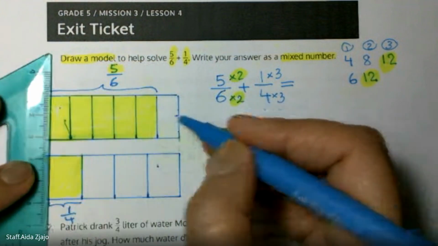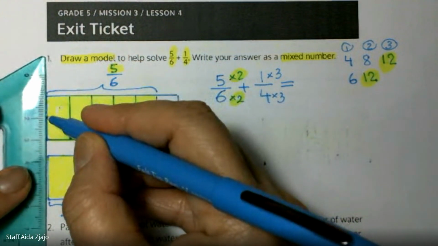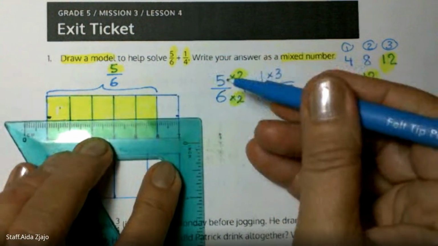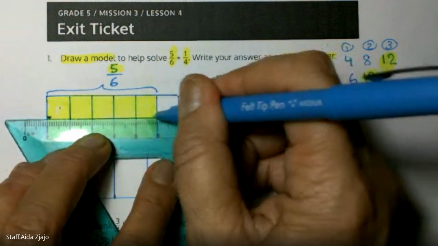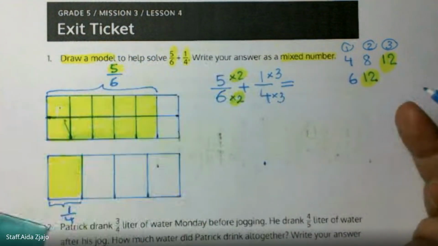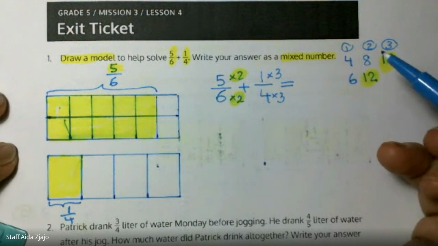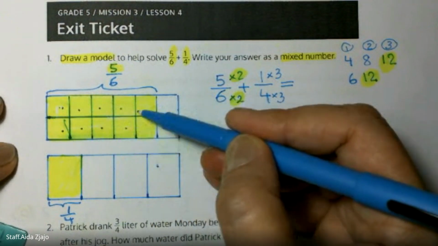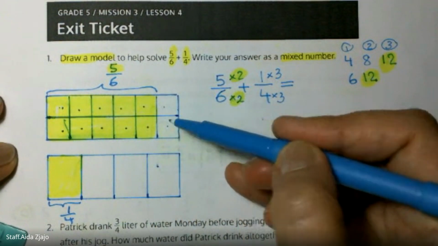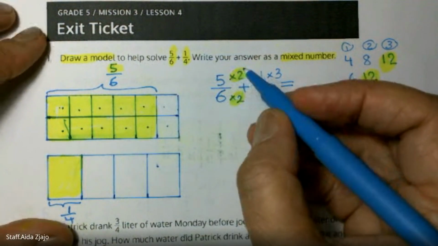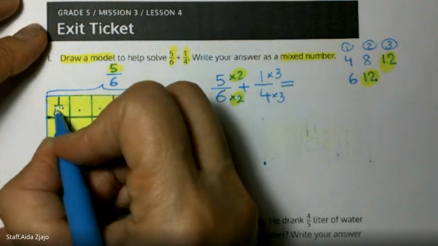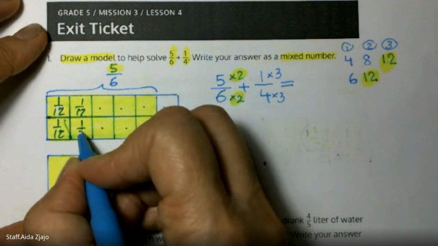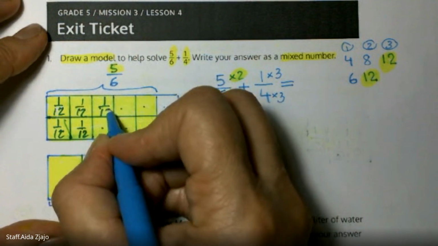So I'm going to make one cut of those pieces into two. So each of these will go into 2. And guess what? I got 12 pieces. 1, 2, 3, 4, 5, 6, 7, 8, 9, 10, 11, 12. So each piece is 1/12. 1/12, 1/12, 1/12, 1/12, 1/12,